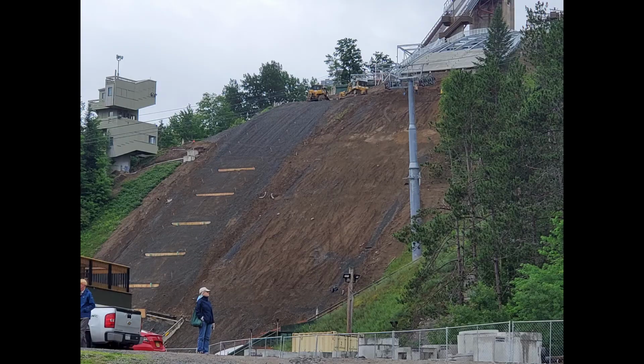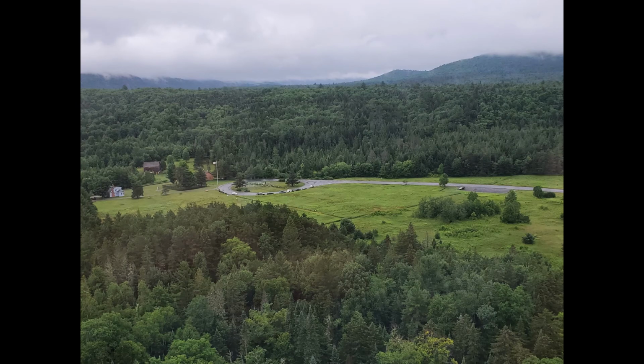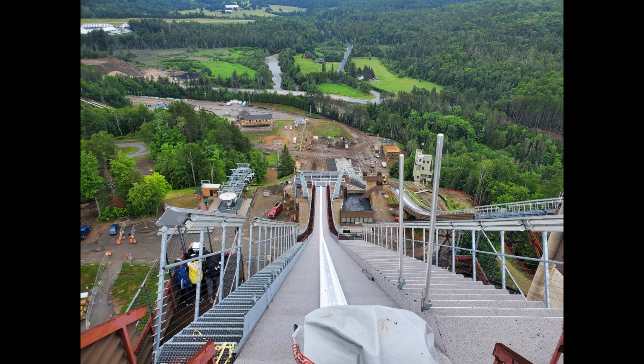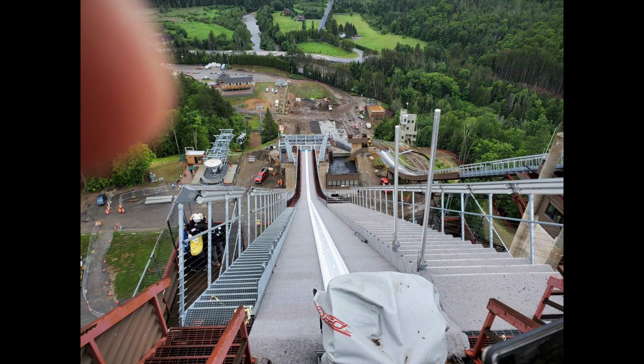As you can see, it's under construction. They're upgrading the ski jumps so that they can meet today's standards. Also, it allows them to host collegiate events. It was open. We were able to go to the top of the ski jump. That's the ski jump that we were able to go up in is